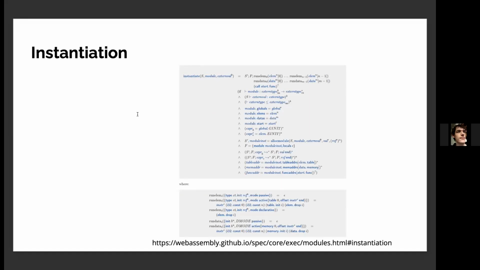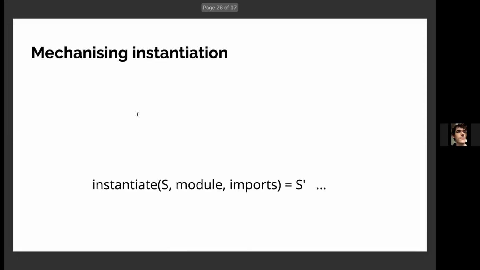So the most interesting thing for us in terms of the mechanization is that the definition of instantiation has a very weird quirk that I'd like to illustrate. It's actually deliberately circular. So to boil things down to their essentials and cut away the extraneous parts, the core of the instantiation definition takes as arguments the current global store S, a module to instantiate, i.e. we're going to be adding the definitions of this module into S as allocated objects. And finally, a list of imports to satisfy the import statements of the module. And the result of this is an updated store, along with a bunch of other outputs, which I'm not going to list here.